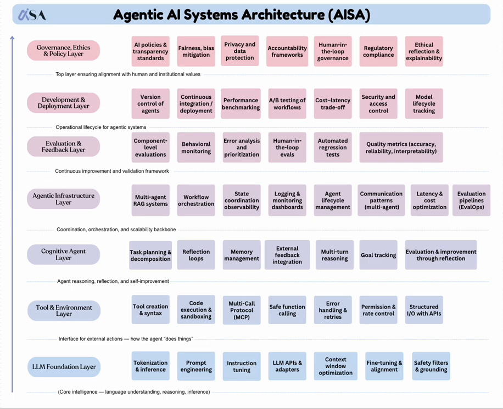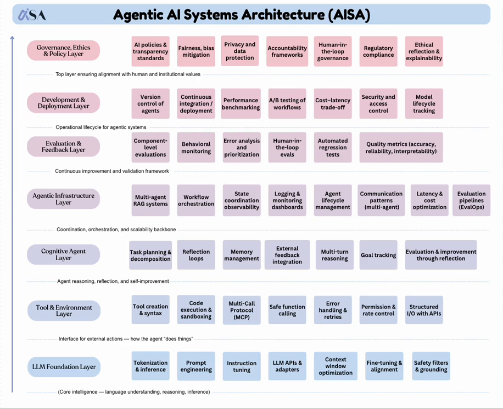As agentic AI systems grow more autonomous, the biggest challenge is no longer how smart the model is, but how reliable and controllable the overall system becomes. So AISA was created to address exactly that problem. What you are seeing here is a layered view of AISA. I will explain layer by layer, starting from the bottom and moving upward because that mirrors how an agentic system actually